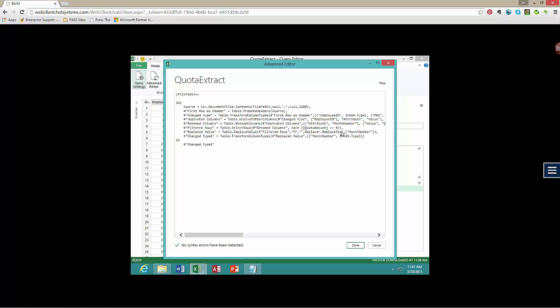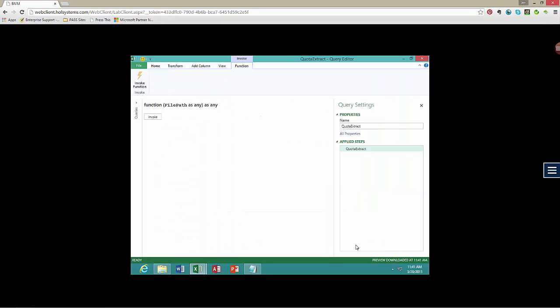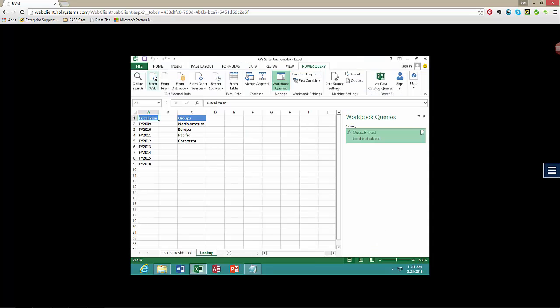And that now looks much better. So once we've done that, we click on the Done button, which we see down at the bottom here. And then we go back to the Home ribbon tab and we do Close and Load, and our job is